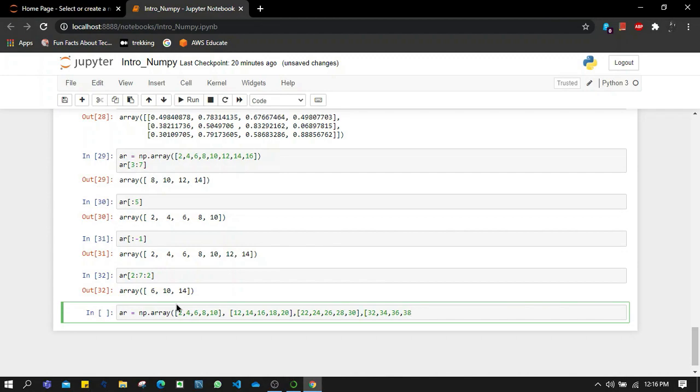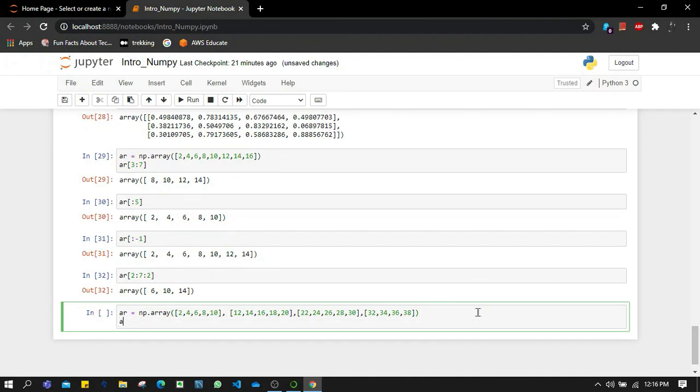So as we can see, this will have 4 rows and 5 columns. So if we print it,